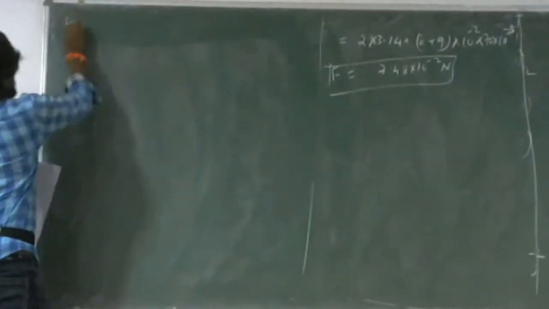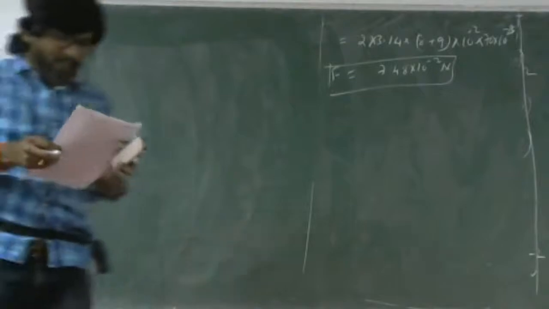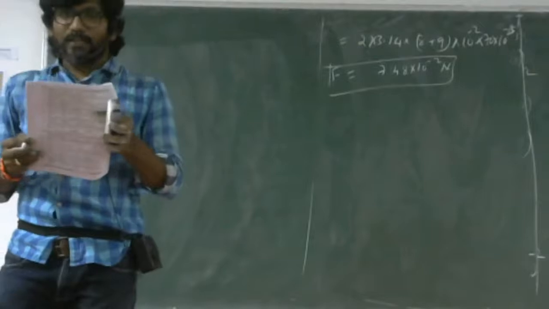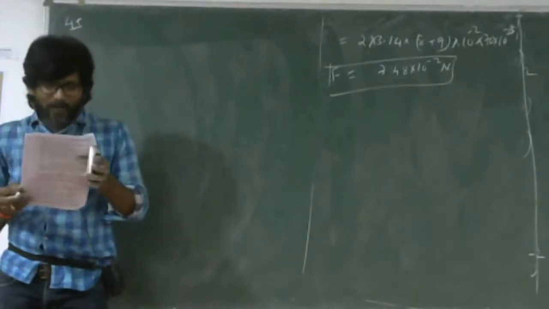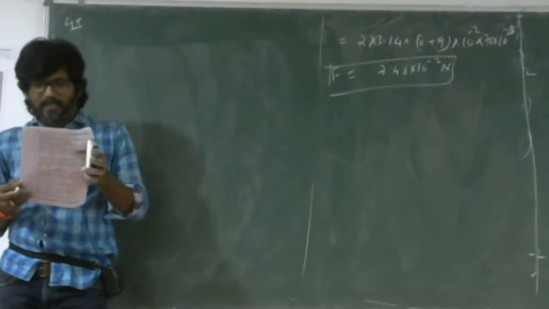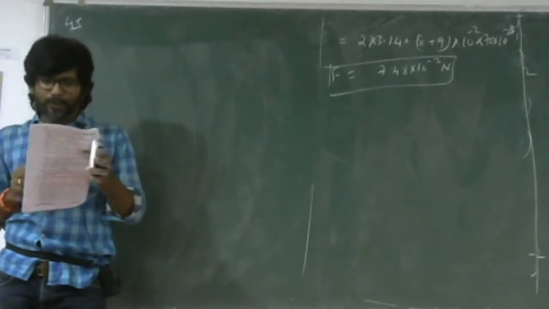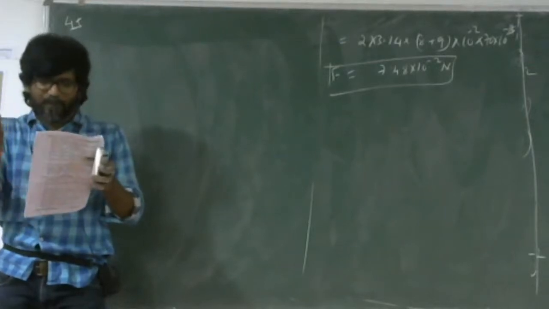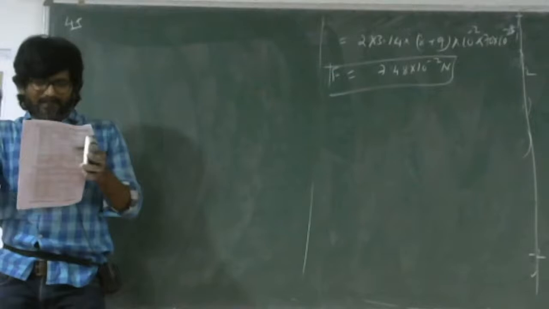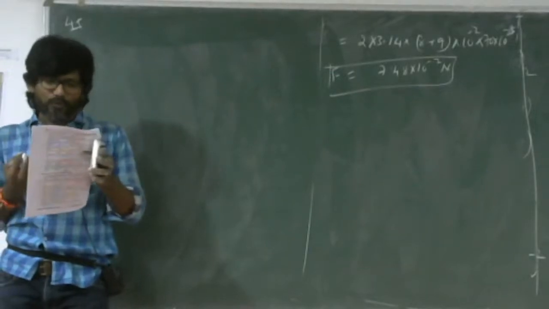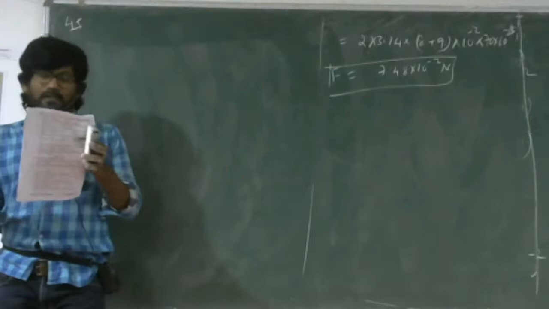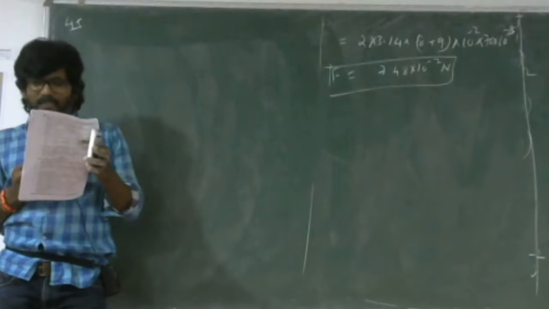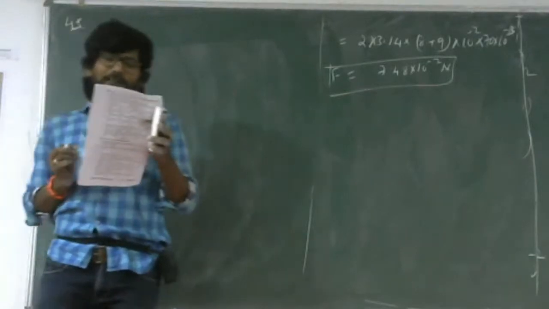Right, question number 45. It is given that when a U-shaped slider of negligible mass is dipped in a soap solution and lifted, a thin film of soap is formed in the frame. It supports a weight of 2 into 10 power minus 2 Newton. If the length of the slider is 40 centimeter, the surface tension of the film of soap is,